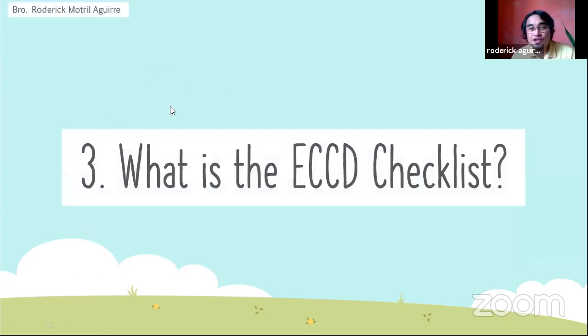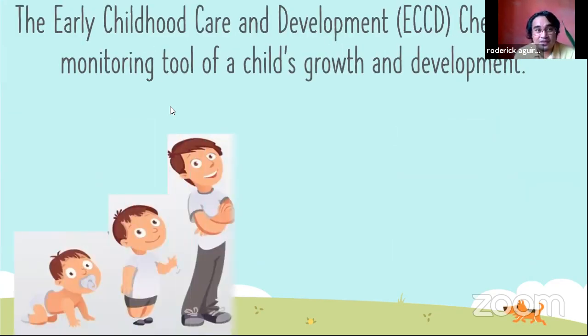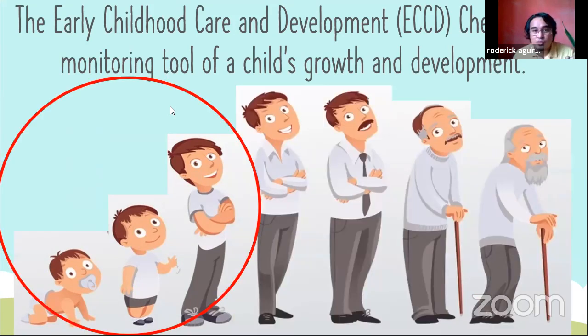Let's proceed to the third to the last question. What is the ECCD checklist? Almost there, almost there. All right, so the ECCD checklist, the Early Childhood Care and Development checklist, is a monitoring tool of a child's growth and development that is from 0 up to, well, originally the law during Tess Aquino Oreta,